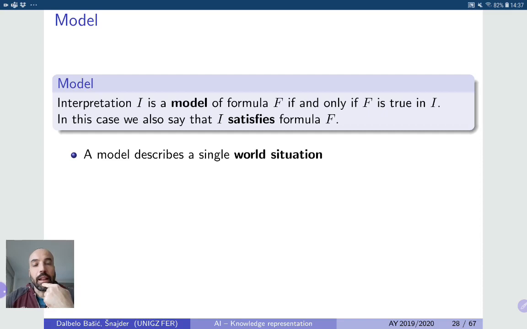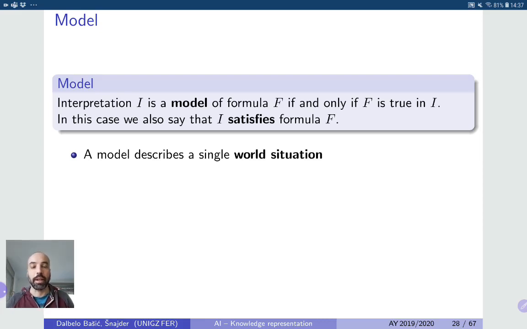Another concept that I'd like to introduce, a very important one, is a model. A model is just one kind of interpretation, a specific interpretation. Recall that an interpretation is an assignment of truth values to all variables in a formula. Now, an interpretation will be a model of a formula if and only if the formula is true for that particular interpretation. Or in other words, if the interpretation satisfies the formula, then that particular interpretation will be called a